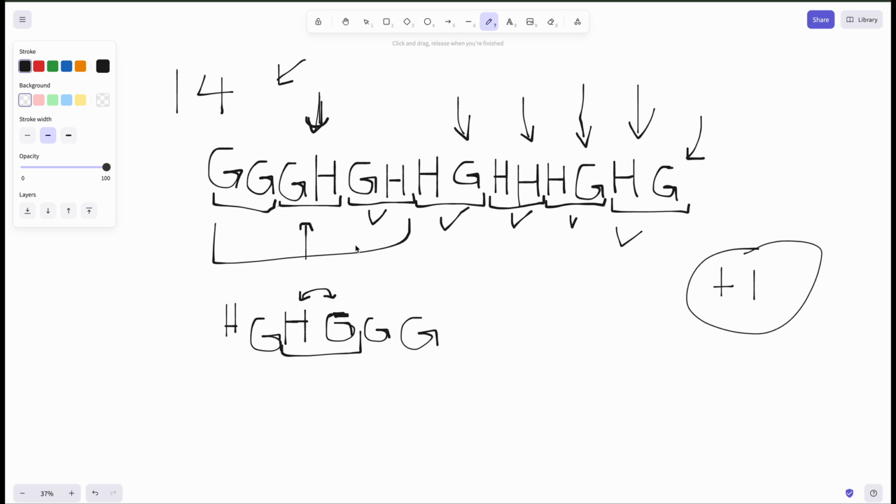We don't actually care what the actual positions look like. As long as we know there's a G in the even position, then we want to move on. So this one's now good. Then when we get to this one now, we know that there has been one swap total, and since